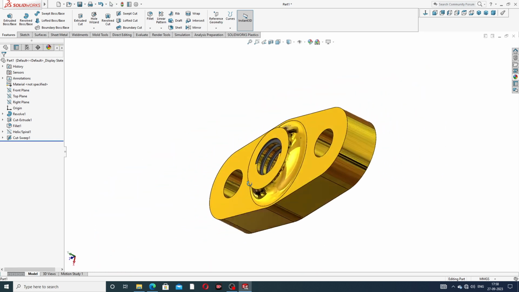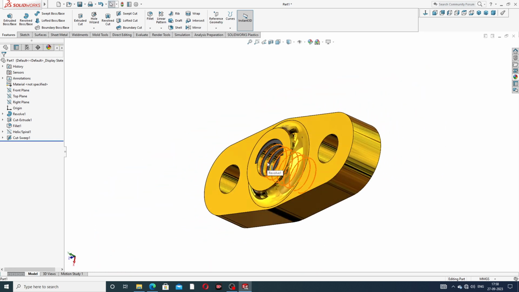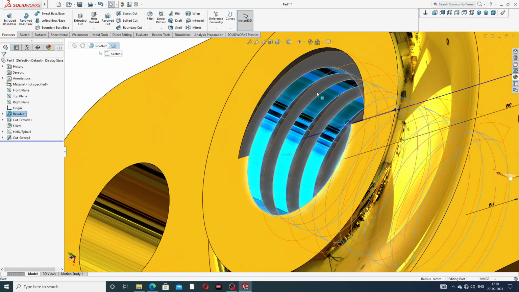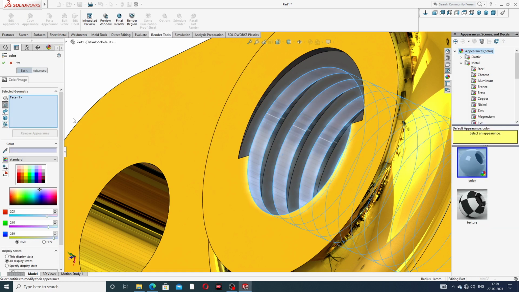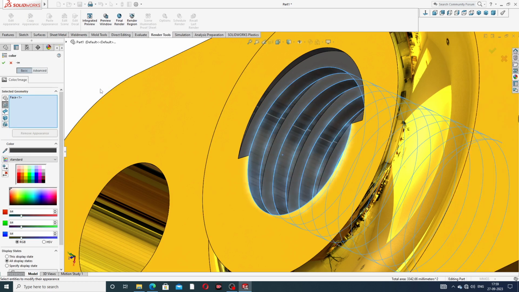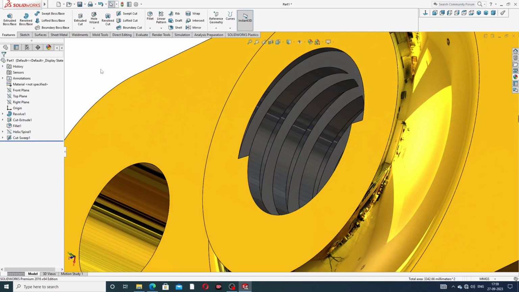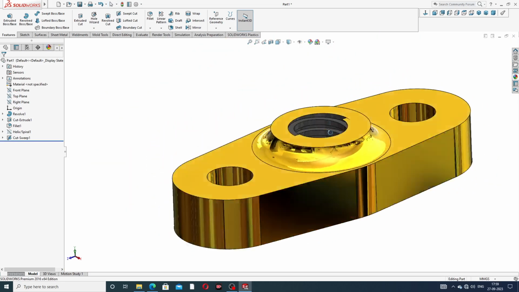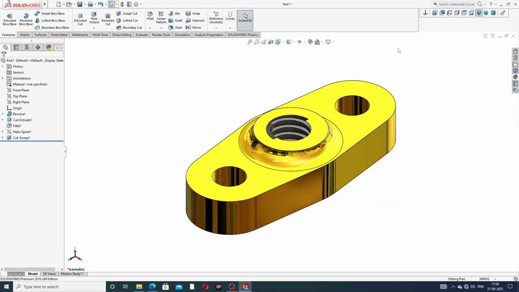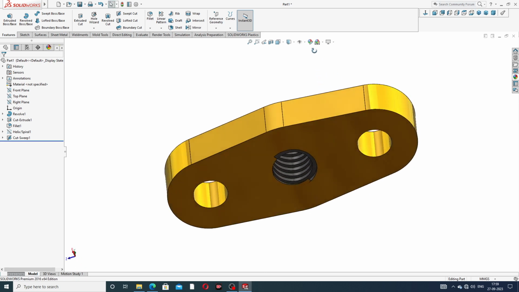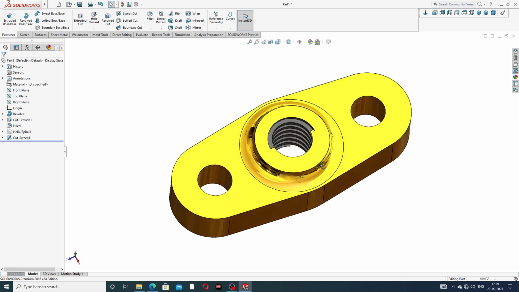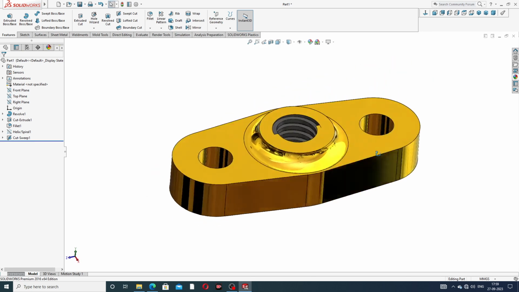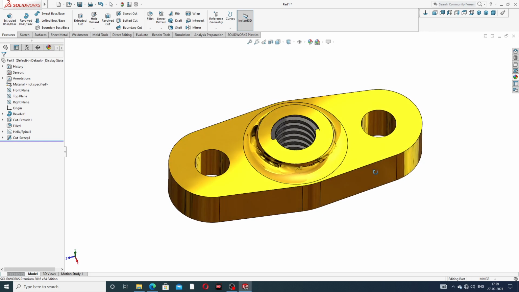Okay, also very nice looking here. Select body and appearance, go to color. Okay, this is looking perfect, and isometric view. Okay, all is looking perfect and correct. Okay, and this is very nice looking here.